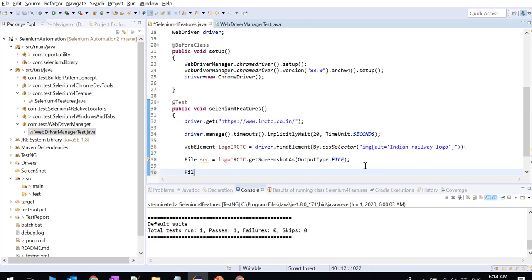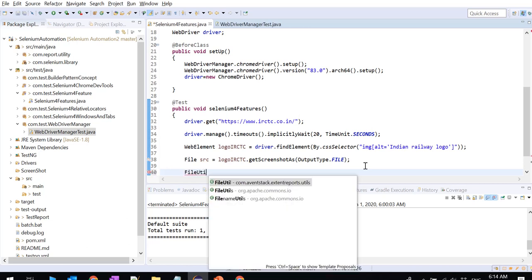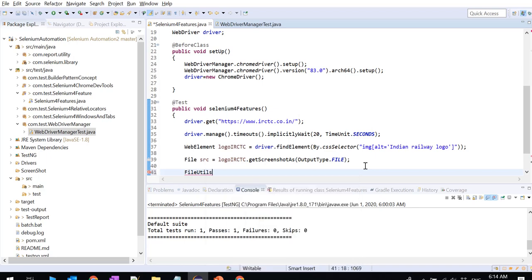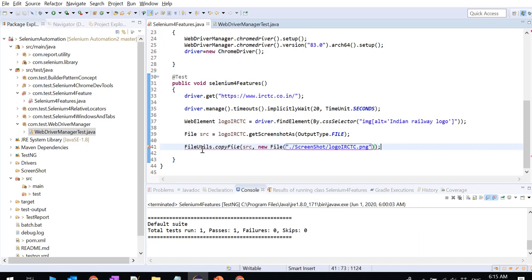Here I am using FileUtils, an Apache dependency, with FileUtils.copyFile(source, destination). The source would be this, and for the destination I am going to keep it in this screenshot folder. So I'll say new File, with the current directory, and then the folder name screenshot, slash logo IRCTC.png.